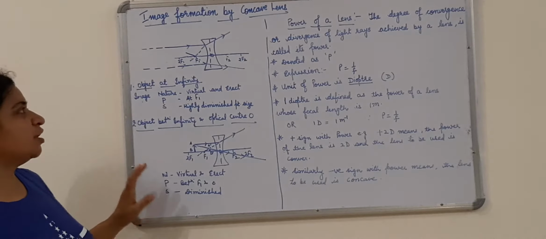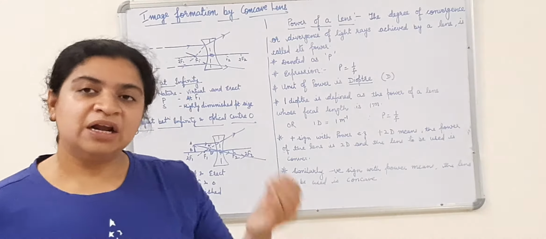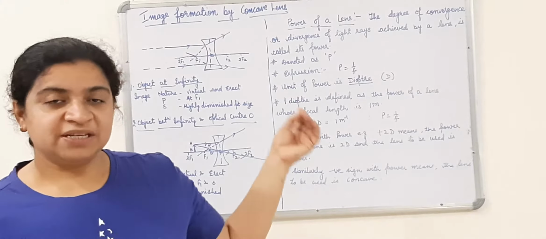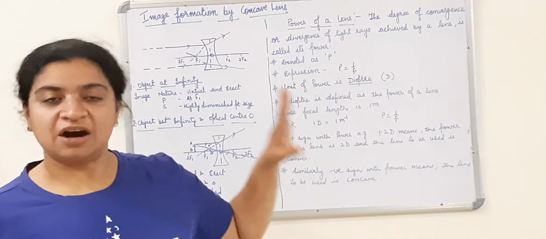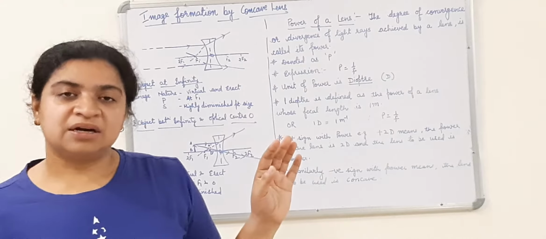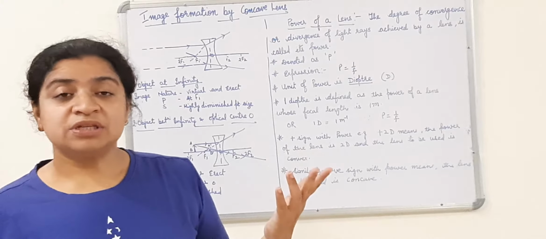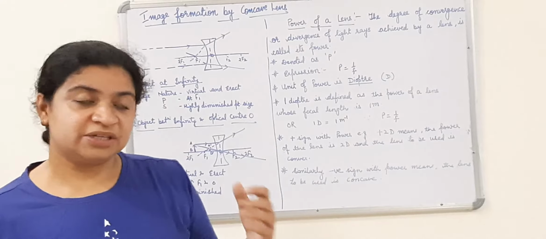So that is why a virtual image is formed. Children, now this topic is over. One more topic is left, that is the power of the lens. This is the only theory left from this lesson, and after this video, I am going to start the sign convention, that is how we use a mirror formula to calculate focal length, nature, position and size of the image.